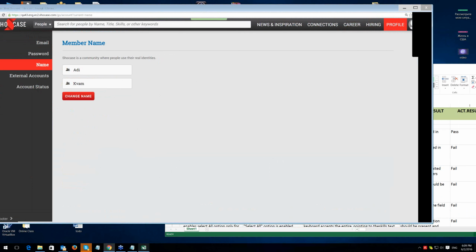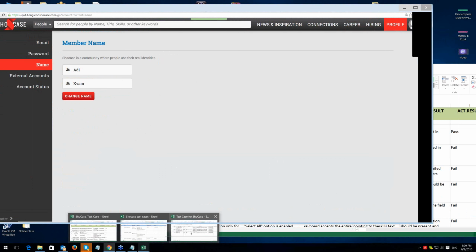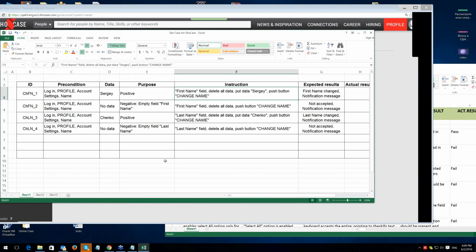Again, it took me a lot of time to understand the idea, the purpose of the title of those test cases. So those test cases are for testing the my account settings for changing the name. So precondition, login, profile, account setting, name. It means that it's considering that